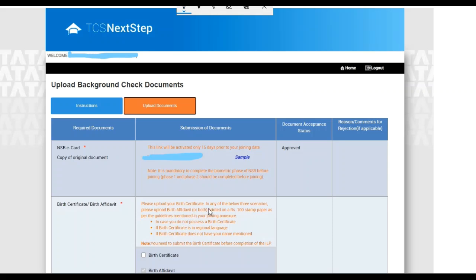In any of the below 3 scenarios, please upload the birth affidavit printed on a ₹100 stamp paper. So make sure you make this birth affidavit on ₹100 stamp paper if you don't have your birth certificate, or the birth certificate is in regional language, or your name is missing in the birth certificate. In these cases you can make an affidavit of your birth and upload that too. But make sure you submit the original birth certificate before the completion of the ILP. So make a note of this.